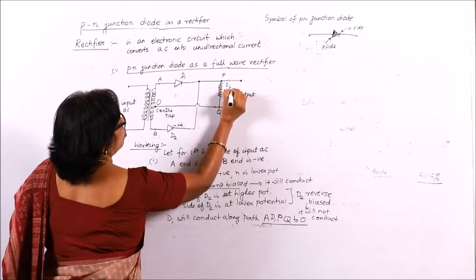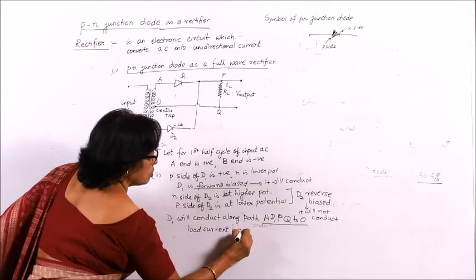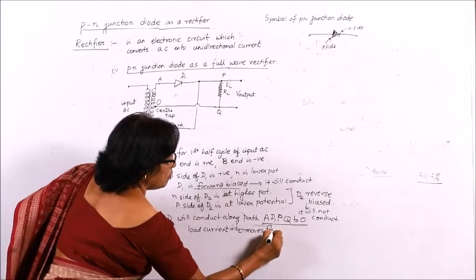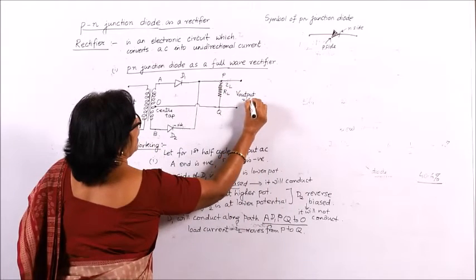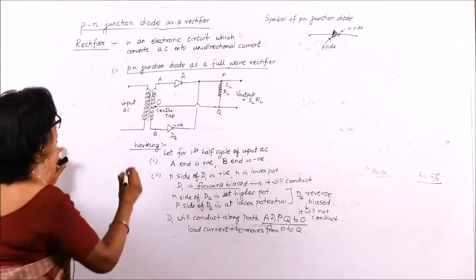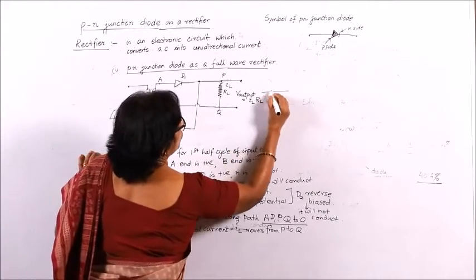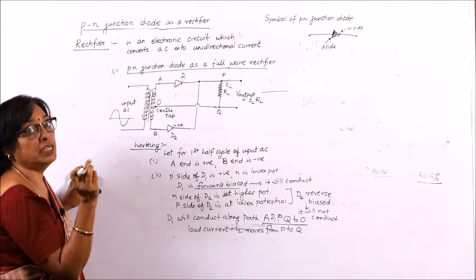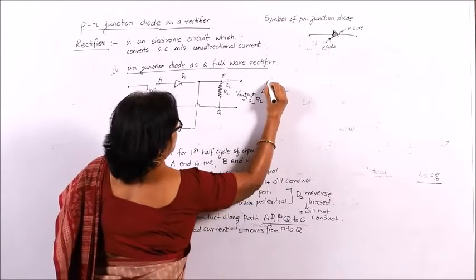So, the load current, I have given the name IL, moves from P to Q, and there will be a voltage. So, this output will be IL into the resistance. So, this will be the output voltage, and whatever is your input, the shape of the same thing will be here in the output, except that it will start from 0.7 volt if it is silicon PN junction. If it is germanium, then it will start from 0.2 volt. So, it will be less, otherwise it will remain the same.